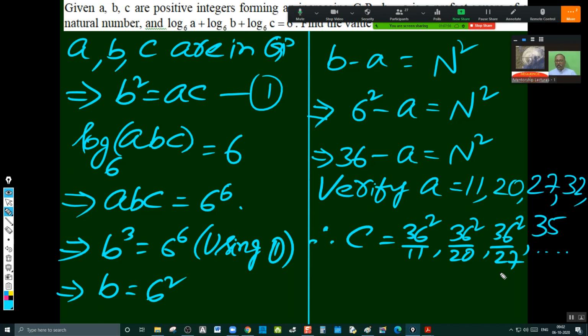मेरे ख्याल से इवन नंबर हो सकता है, देखेंगे एक बार, क्योंकि इधर फैक्टराइज कर दिया तो ये सी क्या हो जाता है, एक बार इधर लिखेंगे. बी स्क्वायर इज इक्वल टू ए सी, मतलब ये 36 इंटू 36, इसका प्राइम फैक्टर्स लिखो, समझ जाएंगे आप लोग। प्राइम फैक्टर्स क्या, 9 इंटू 4, सो 2 पावर 4 इंटू 3 पावर 4, ठीक है।